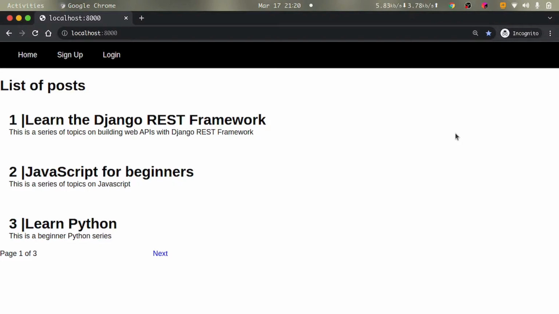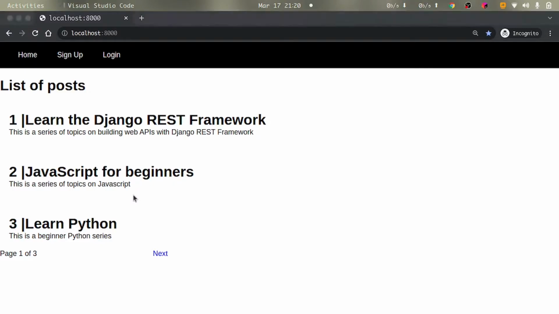We have built our application to the point where it has most of the functionality that it needs, and now we're going to go ahead and style it up as well as allow our media files to appear. Now if you recall, we have images attached to each of these posts. Now we're going to start by configuring our settings so that we allow these photos to actually be displayed on